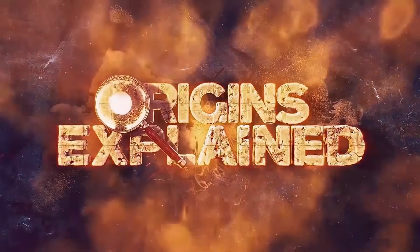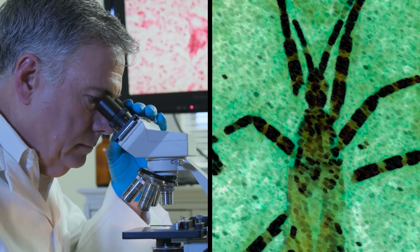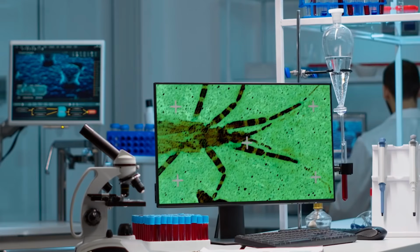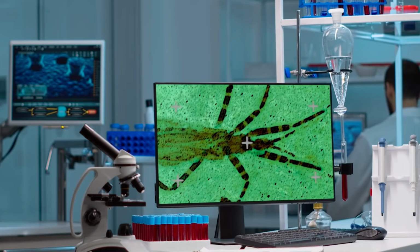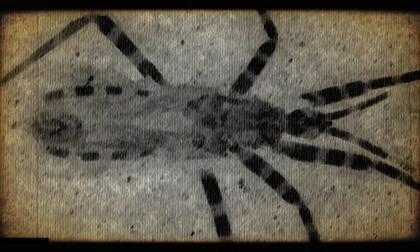New giant prehistoric insect species. Scientists have discovered a new ancient assassin insect genus and species based on a pristinely preserved fossil that was discovered in the Green River Formation in Colorado. A new report describes the creature whose physical characteristics are visible in astonishingly clear detail, despite the fossil being over